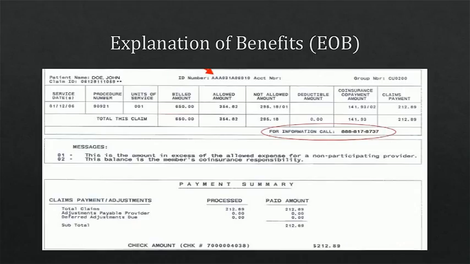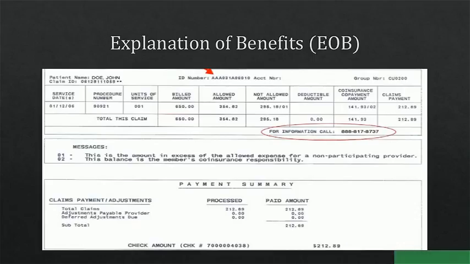The insurance payment made to the provider was $212.89. Because the message code for the non-allowed amount is for a non-participating provider having charges that exceeded the payer's allowable amount, this may be billable to the patient. If the provider participated in the network, the amount over the payer's allowable would be a